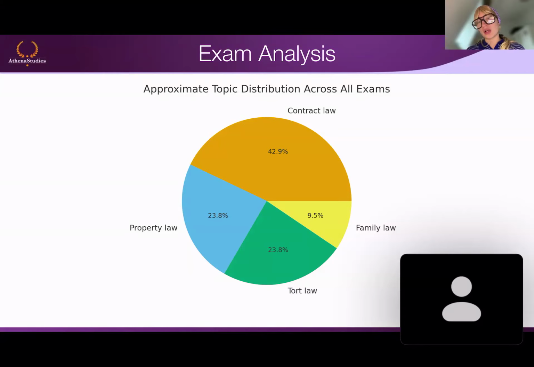Today we're going to focus on contract law, especially since I think that it is one of the main parts of the exam. Other than that, family law is the least, it's 9.5%, and mostly what I've seen, and in my university, it was mostly always the essay questions, not really the legal opinions, because there's not really much to do in terms of jurisdiction and articles. And then we have tort and property law with approximately the same percentage. So this is basically me explaining why contract law is important and why you should listen.